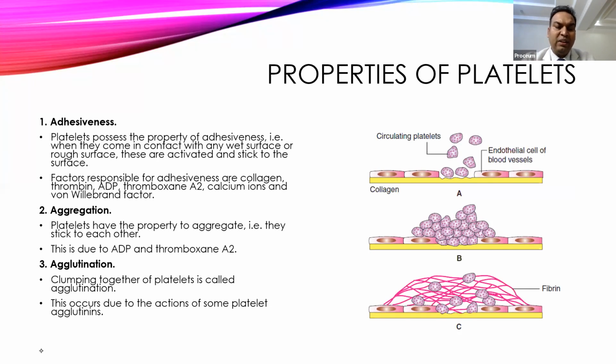And how can this adhesiveness be triggered? It can be triggered whenever the platelet is exposed to any rough surface, wet surface, or glass. Whenever they come in contact with this type of surface, it initiates adhesiveness of the platelet and they start sticking. The endothelium has a smooth surface, so whenever they are exposed to endothelial cells, the platelet does not become adhesive. But the moment any injury occurs to the endothelium,